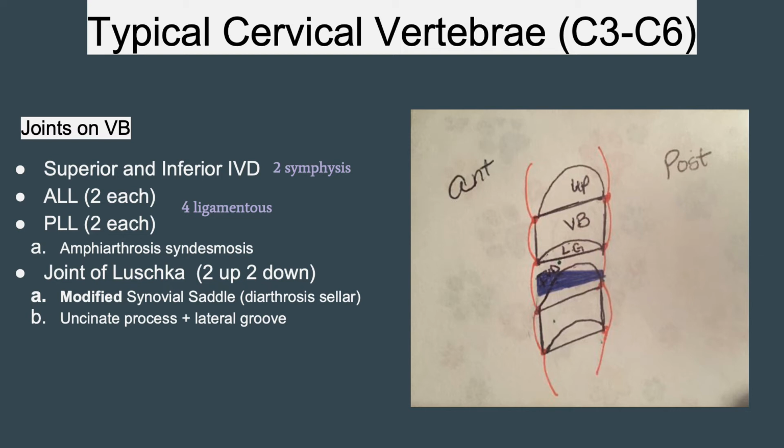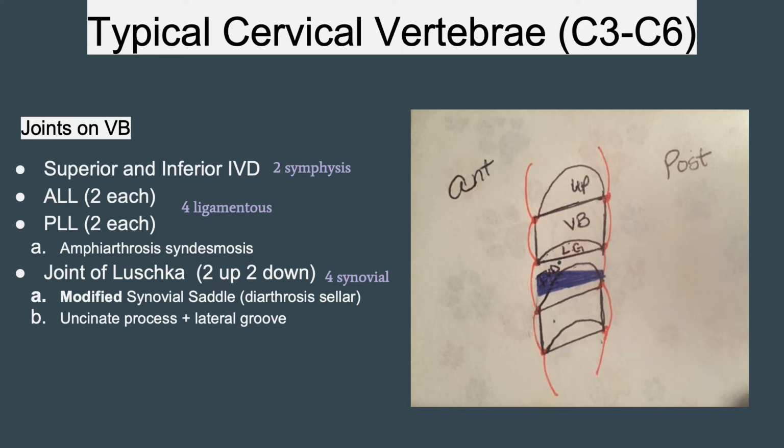So remember your uncinate processes, which are the goalposts. Your uncinates go up and the lips go lower. So your uncinate processes are going to articulate with the lateral grooves, and that's going to help form that joint of Luschka. So you've got 2 above and 2 below, articulating with the vertebrae below and the vertebrae above. Remember, everything's connected. So that's going to be 4 synovial joints. Each of those are